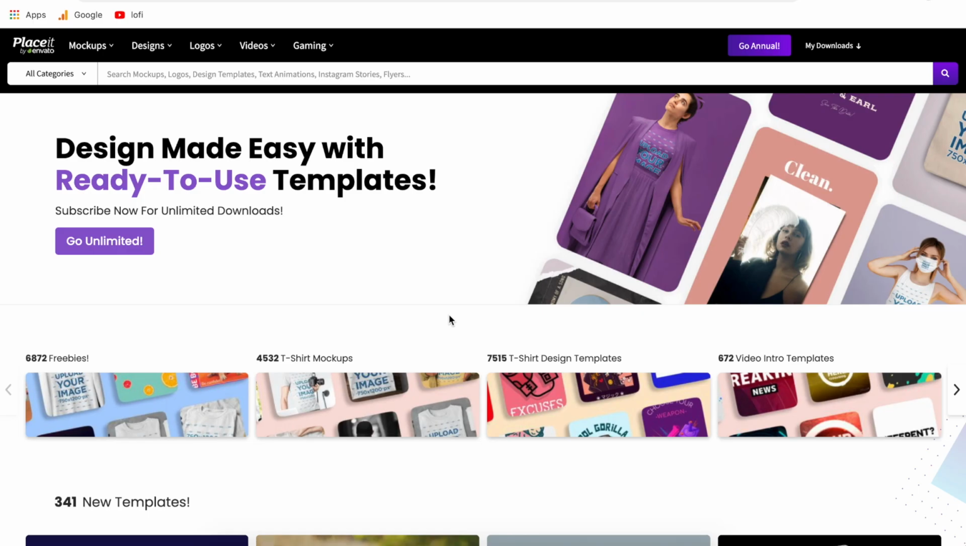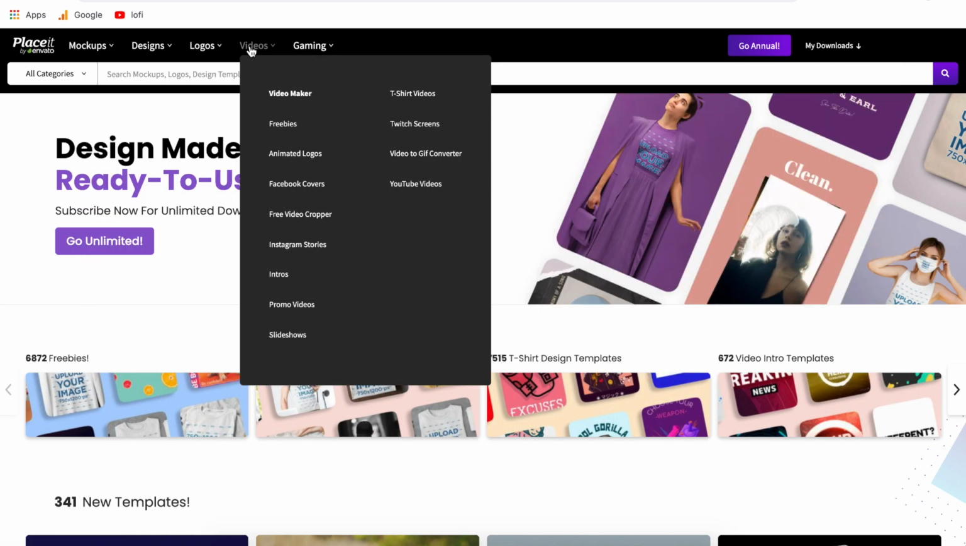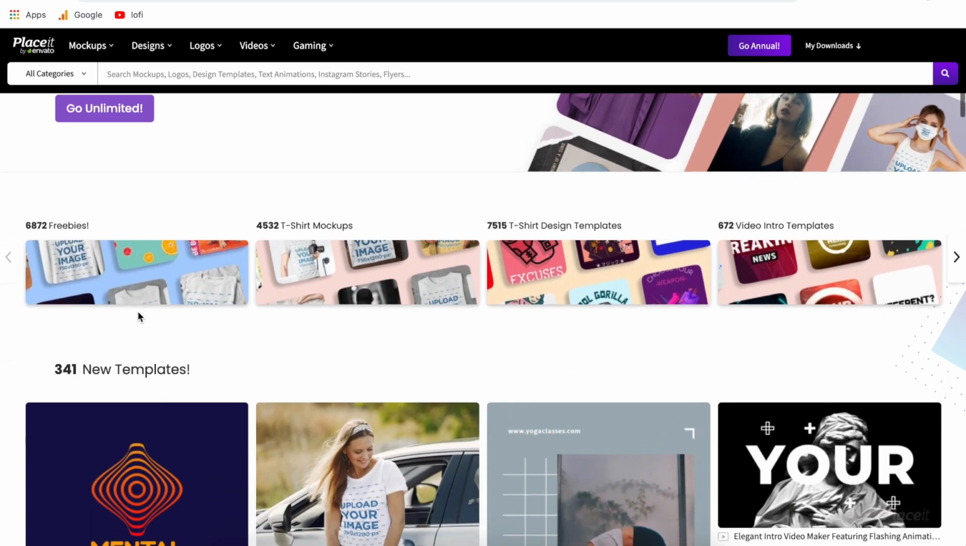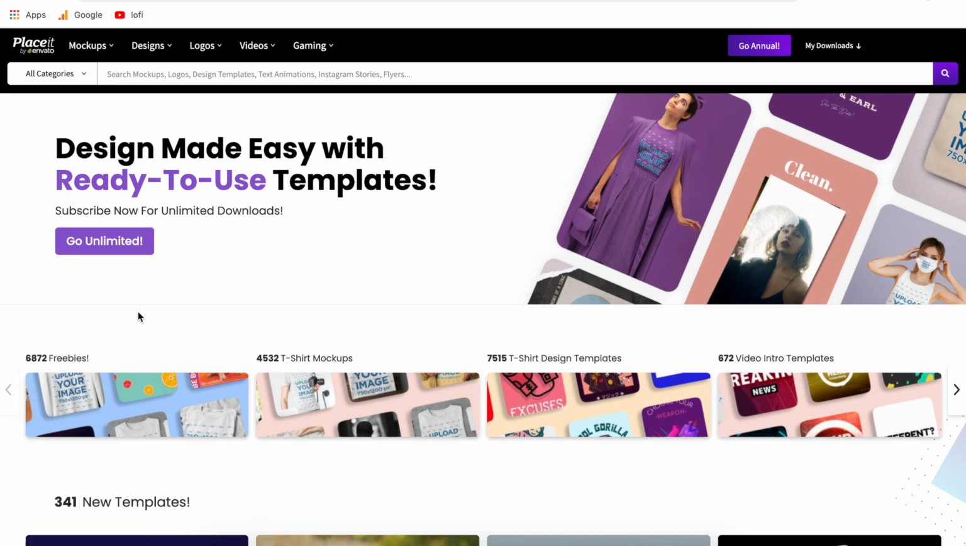Alright, so first things first, in this tutorial we are going to be using Placeit.net. This is a graphic design tool, it's one of the biggest ones out there, and the reason that I prefer to use it is because they have the most templates and they have the most features. Beyond creating graphic designs, they have mockup generators, you can create logos, videos, all different templates to choose from. Now Placeit is typically a paid software, it's about $15 per month to use. However, there are completely free ways to use some of their templates, so I'll show you how to do that